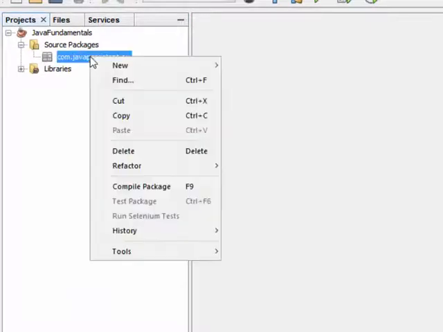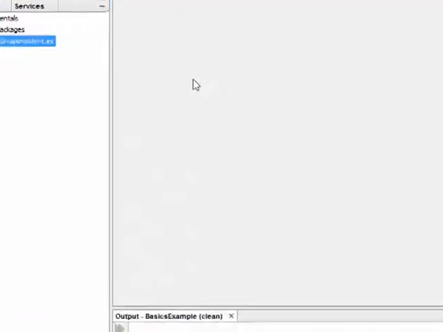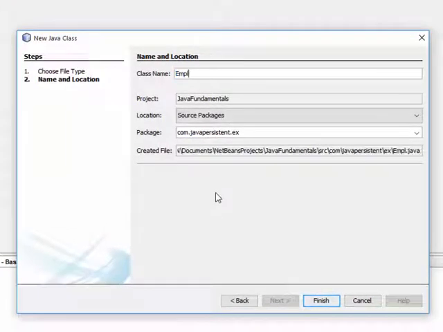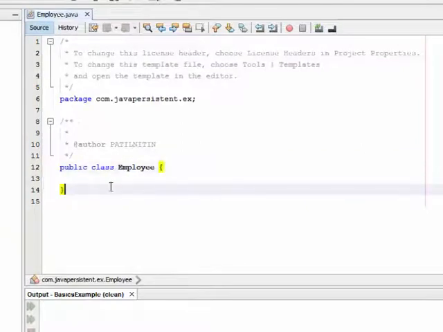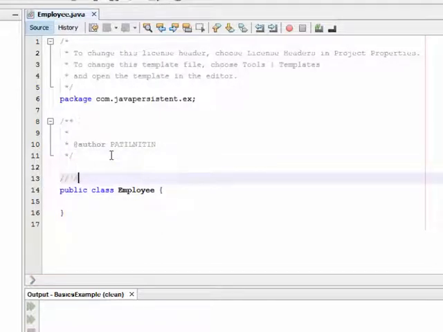I'm going to create a simple and normal Java class, Employee. See, this is the basic syntax or basic architecture of a class. So what is the definition of class? Class is a collection of member functions and member variables,